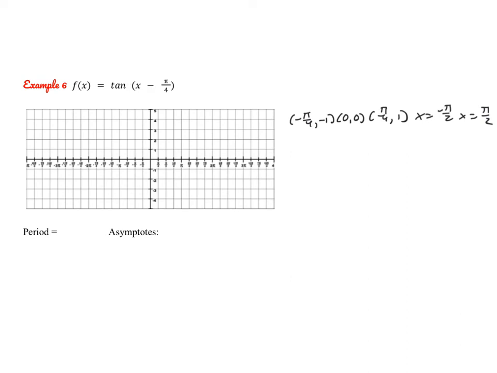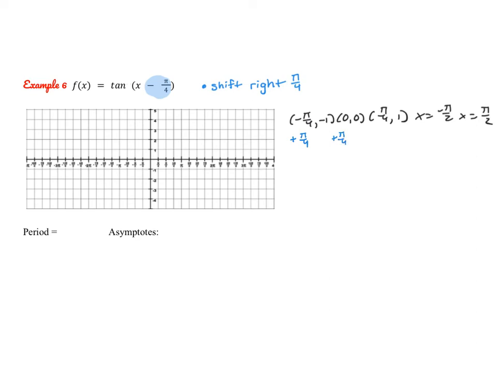Okay, so here I see that this time we actually have a horizontal translation. It's grouped with x, so I know it's horizontal. And since it's addition or subtraction, I know it's a translation. So this is actually going to shift our graph to the right pi over 4 units. Remember, it moves in the opposite direction for anything grouped with the x. So we can achieve this by adding pi over 4 to all of our x values. So plus pi over 4, plus pi over 4,